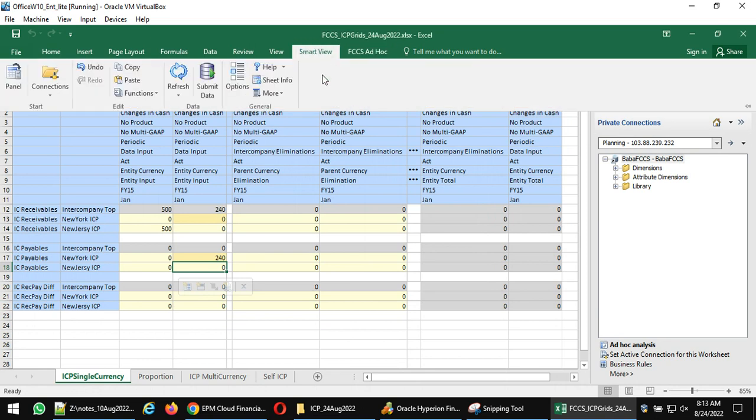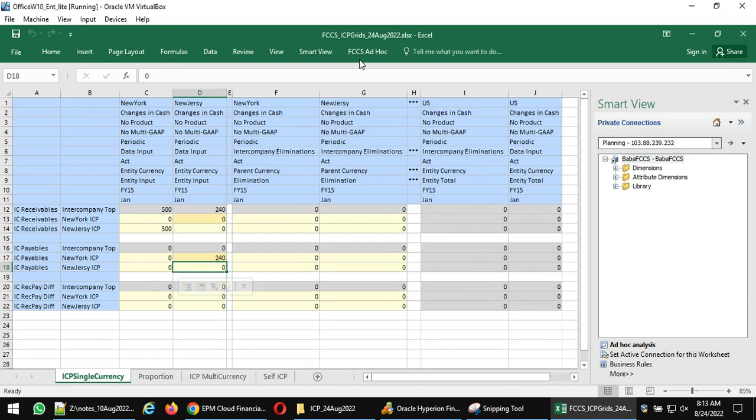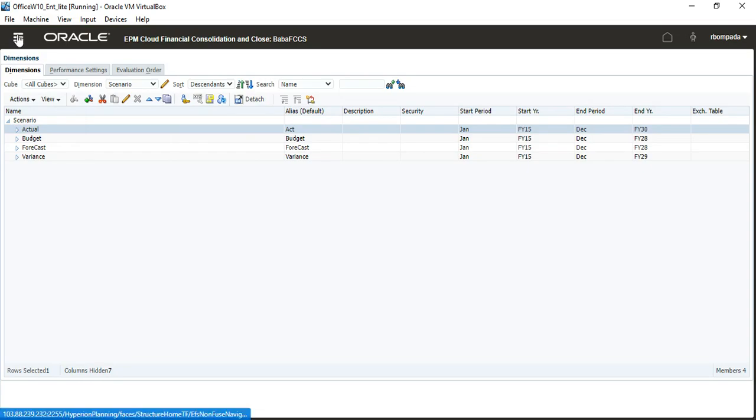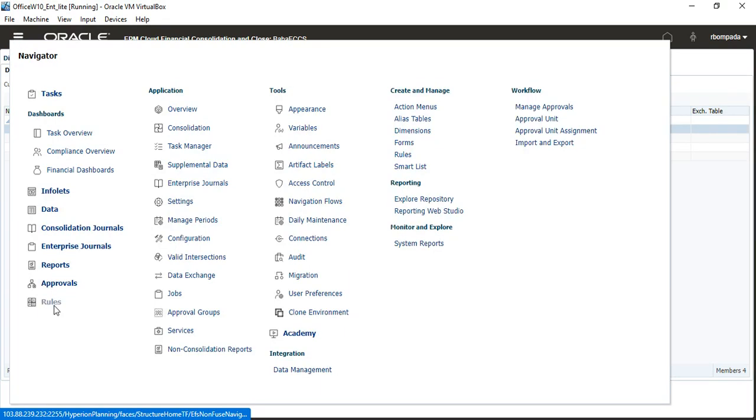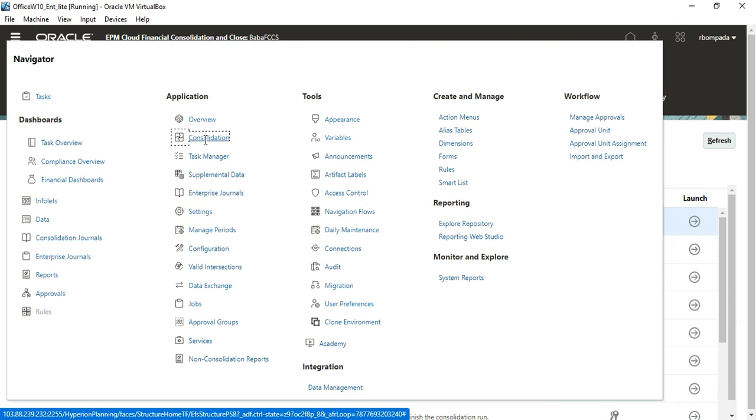One minute. Go to Smart View options. Submit zero, right? So submit. Done. 500. New York, New Jersey ICP, New Jersey, New York ICP. Here it is IC receivables, and here it is IC payables. That's it. Now how do I consolidate? Same as usual. Go to navigate. Before consolidation, do the